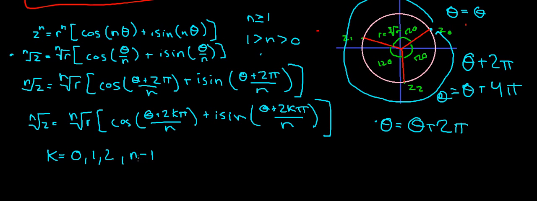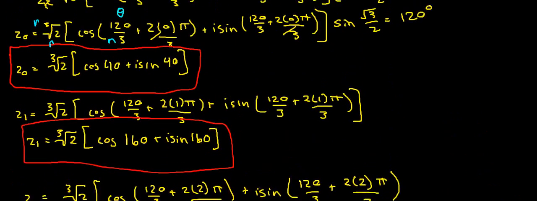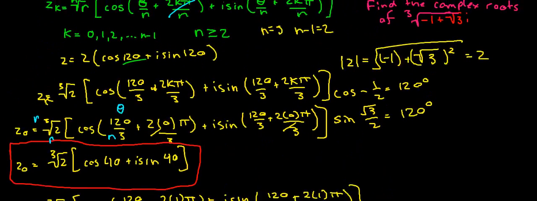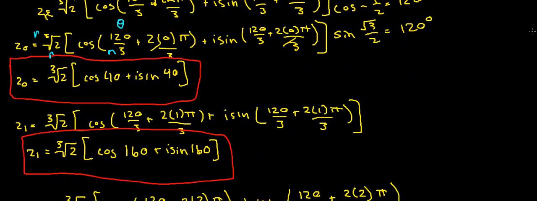Now the reason the n minus 1 is in there is because eventually I'm going to get a situation where I've got k over n. So if k is equal to n, then it's going to be equal to 1. So I'm going to end up right back to where I started. Let me just use the example from this problem. I stopped at z is equal to 2. Now if I did z3,